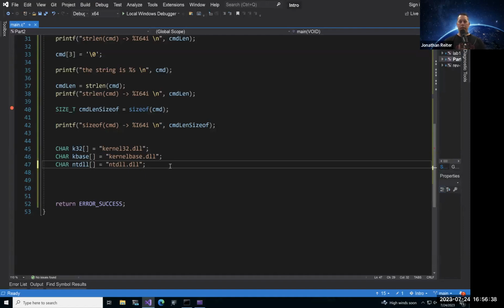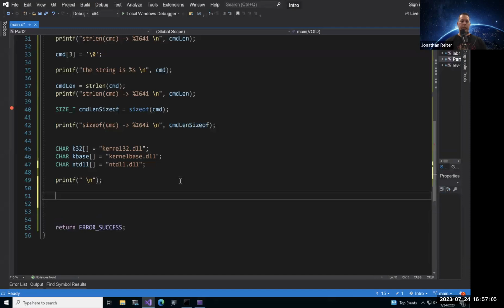Cool. So now we want to go ahead and do some comparison of strings. To do that, there is a function called strcmp, or string compare. Inside of a printf statement, we'll make another printf statement here. I'm just going to keep the old one there for copy and paste reasons later as we use printf.